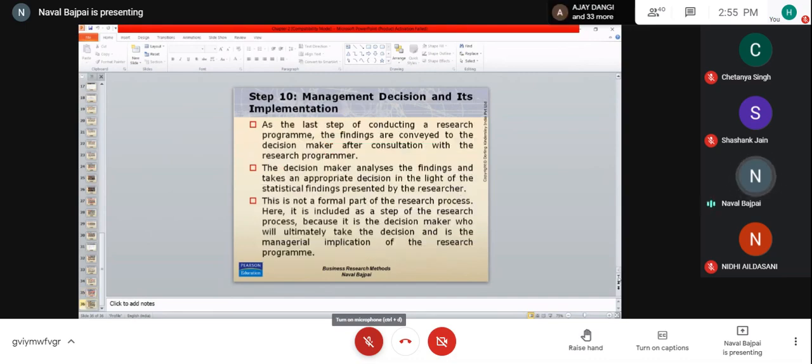And lastly, management is going to take a call, and we researchers are going to present the findings. Management would take the decision on how we would be implementing it. We are researchers, we will say you are supposed to enhance the wage, but management will say we don't have money, so how to enhance the wages, right? So then we will recommend that this should be doubled, but they will say no, this should not be doubled, this should be multiplied by 0.25, like that. They will be taking the final decision, right?